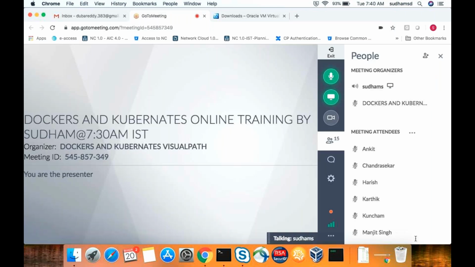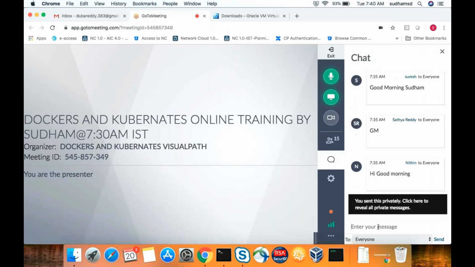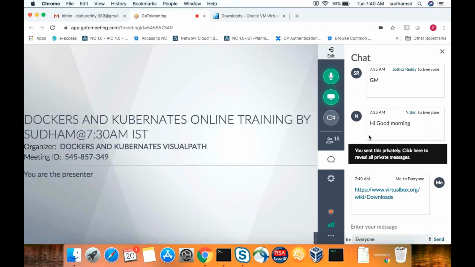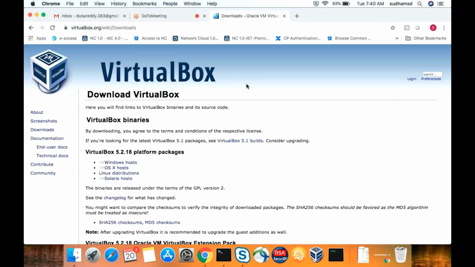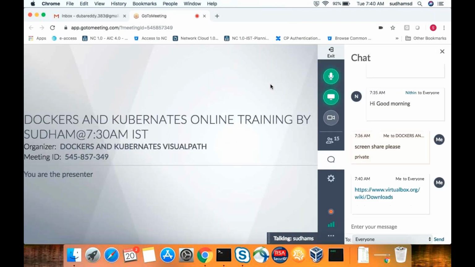So use this link and download the package. If your base machine is Windows, then download the Windows package. If it is Mac OS, then download this one. For Linux, it is this, and for Solaris, this one. So it is up to you. Once that is done, just click on that and continue the installation. It doesn't matter, next, and then finish. Installation will be done.